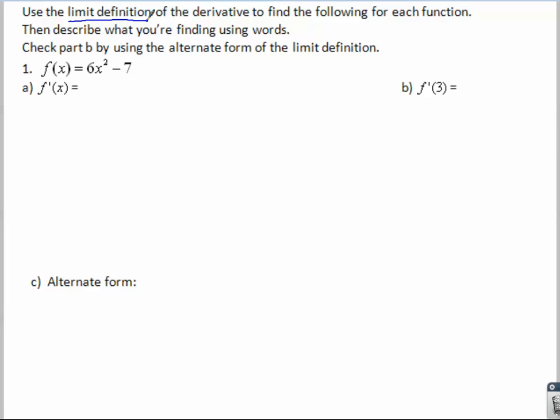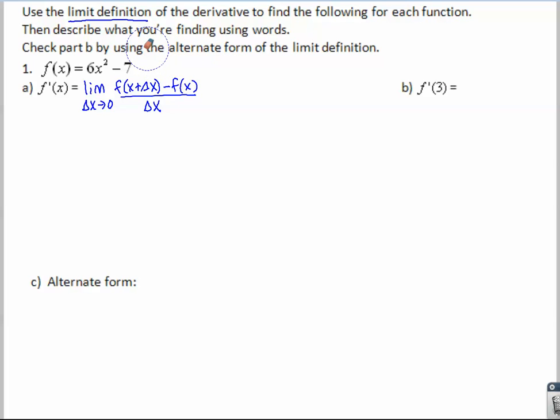So first I want you to think of what is f prime of x. It is the limit as delta x approaches 0 of f of x plus delta x minus f of x over delta x. This is a must know. You must know this. Memorize, memorize, memorize. Well, if we want to know f of x plus delta x, let's use f of x and find that first. F of x plus delta x,